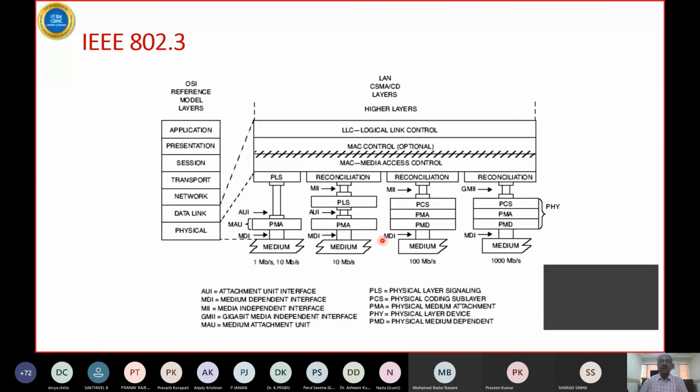Okay, so where does it lie? This is your standard OSI model: physical, data link, network, transport, session, presentation, application, the 7-layer model. So Ethernet sits at the data link layer, and it has got part of the physical layer and part of the data link layer. So that is where it is. It defines the twisted pair, thick Ethernet, thin Ethernet as the medium, and then you have a mechanism to access the medium, and then there is a logical link control. So that's the part of the data link layer.